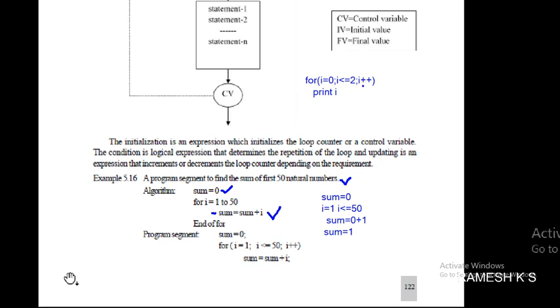Increment operator means increasing a value by 1 unit. We are assigning the value 0 to I.